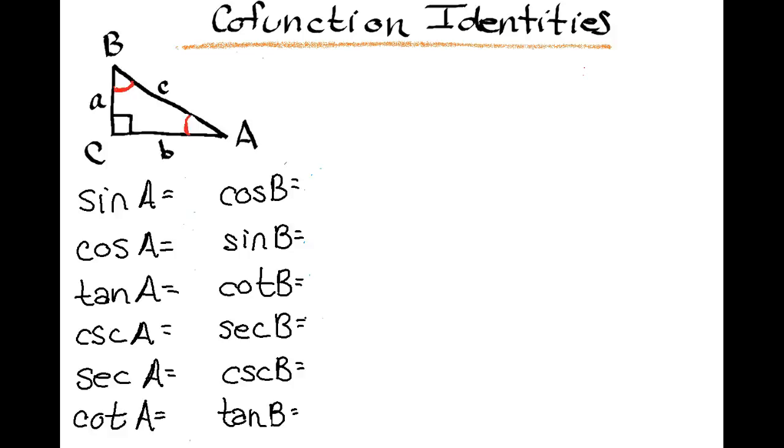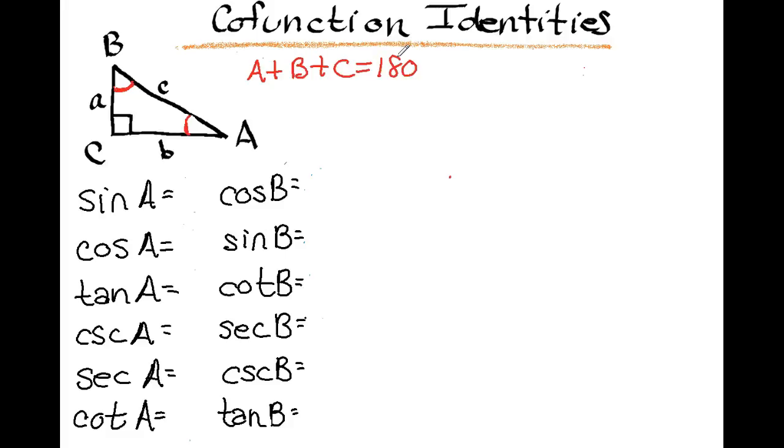In this lesson, we're going to learn about our cofunction identities. So I want you to take a look at our triangle right here. And we need to know something about our triangle before we start on our cofunction identities. I want you to notice that angle A plus angle B plus angle C is 180 degrees, and you guys